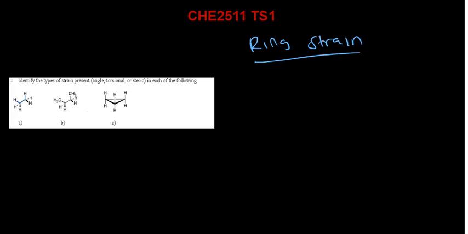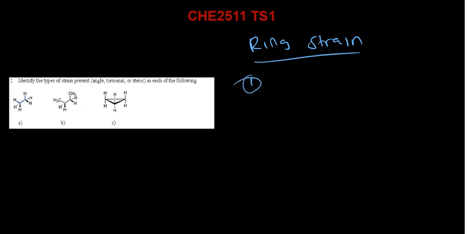So, what do we actually mean when we talk about strain in organic chemistry? We are essentially looking at why some molecules are more stable compared to others. You can think of strain as internal stress or pressure. The more a molecule has, the more it wants to react or change shape to relieve that pressure. So, under ring strain,